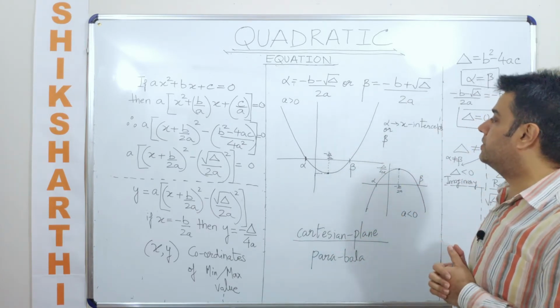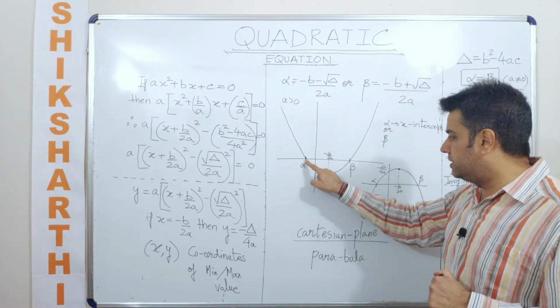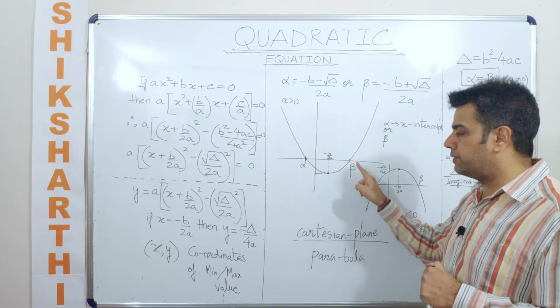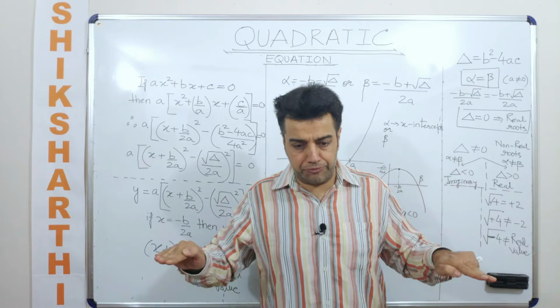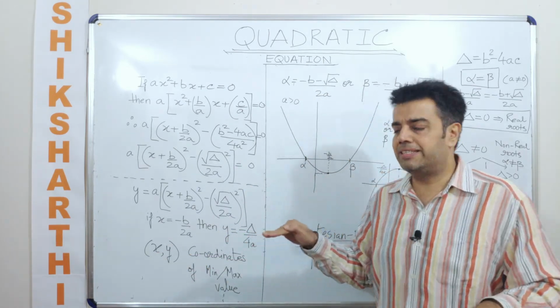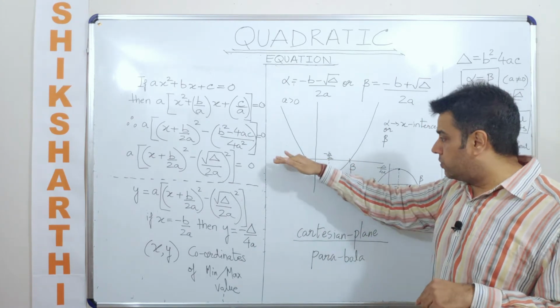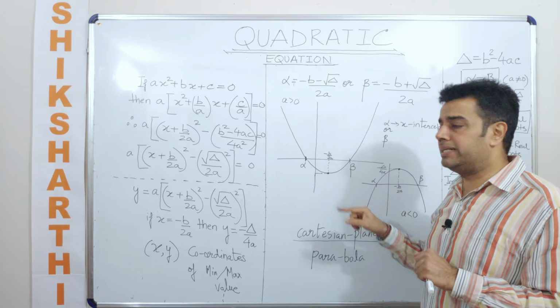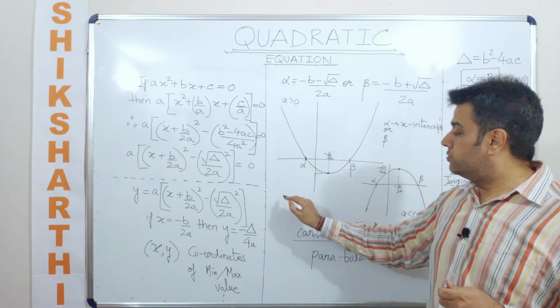Next, when I give it a coordinate geometry element, which I have already given, I know that these are nothing but the zeros of the function. What are the zeros of the equation? Wherever the graph of the function intersects the real x-axis, I am going to get real roots. Now the points where it intersects the x-axis will be known as what? X-intercepts. So roots,